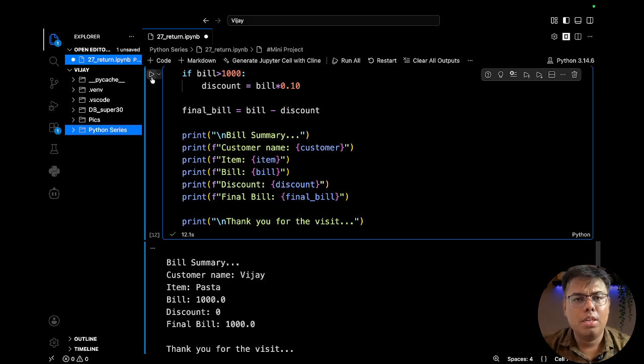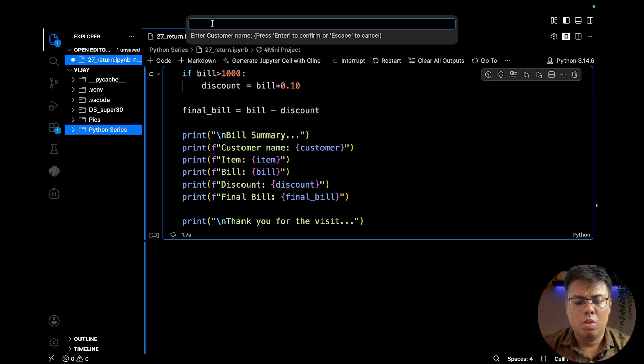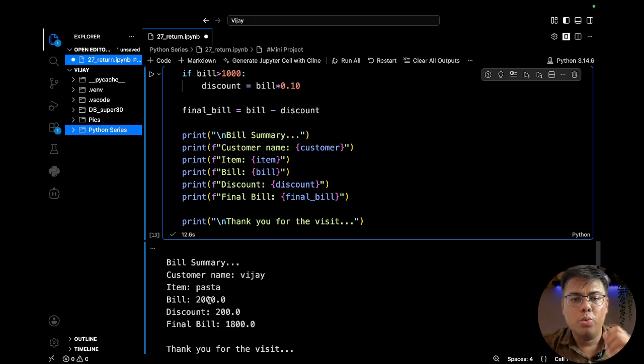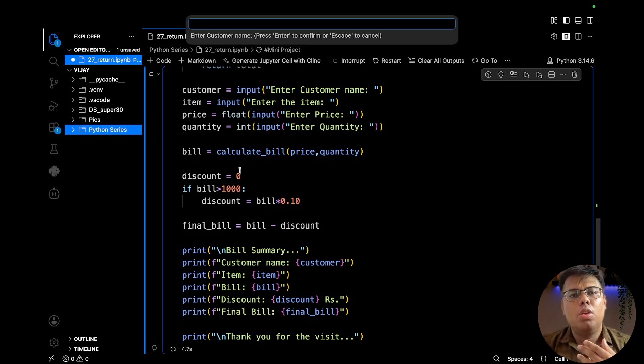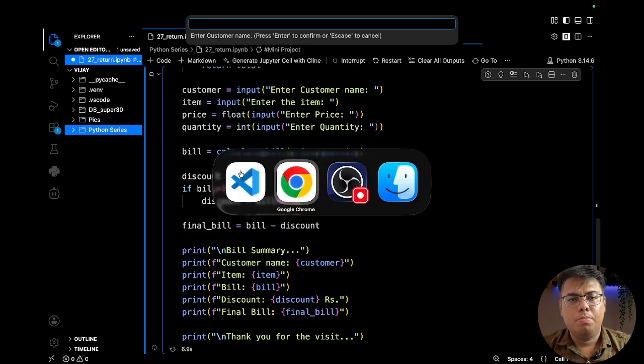Now we will make it Vijay, pasta, price we are keeping as, let's say, 2000. Okay, and quantity is 1. So here you can see 200 rupees discount. These are actually rupees, my bad. This is not percentage, this is rupees. Okay, so the program is running perfectly fine now. And let's jump to the,